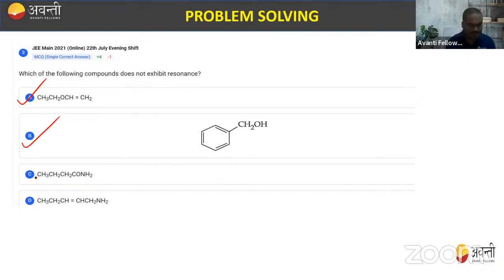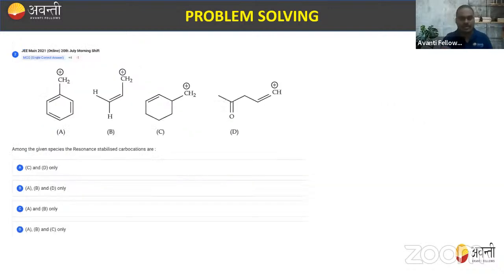And if I'm talking about C, it is also able to show resonance. Now in D, no resonance. Why? Because there is no conjugation, this resonance is not possible. So in D there is no conjugation like A, B and C, so we can say that D does not exhibit any kind of resonance। ठीक है, चलो।